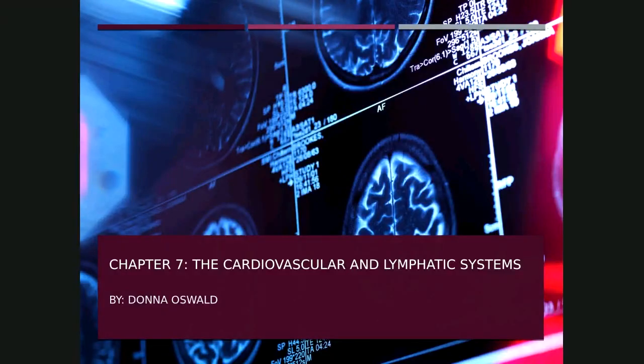Chapter 7, the Cardiovascular and Lymphatic System. In this chapter, we're going to look at defining the functions of the cardiovascular and lymphatic system, identify and describe the structures and functions of the heart, list pathogenic conditions and common laboratory tests associated with the cardiovascular and lymphatic system, trace the flow of blood through the cardiovascular system, define different types of blood vessels and properties, identify and